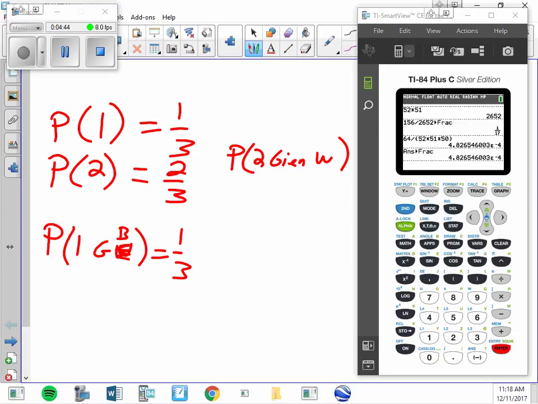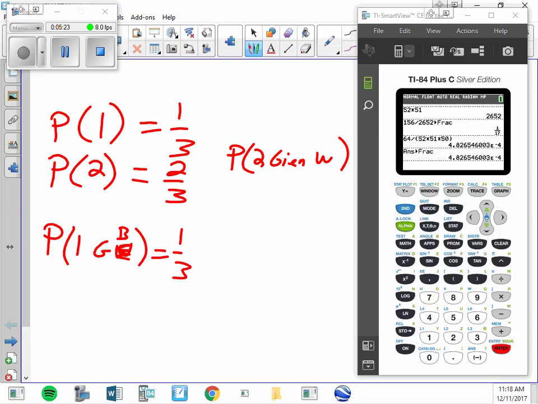If you get a 1 on the first card, what's the chance that the second number is a 2? 1/2. What's the chance that the second number is a 2 no matter which card you pull out? 1/2. What's the chance that the second number is a 3? 1/2. What if the first number is a 4? What's the chance that the second number is a 3? 1/2. Independent. There are just as many 3s that start with a 1 as there are 3s total. Well, there's the same percentage.